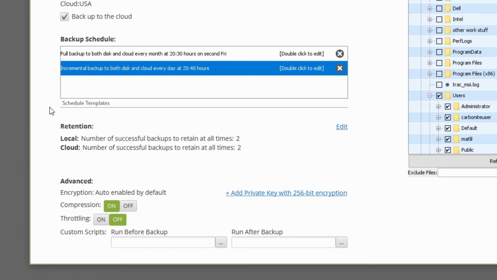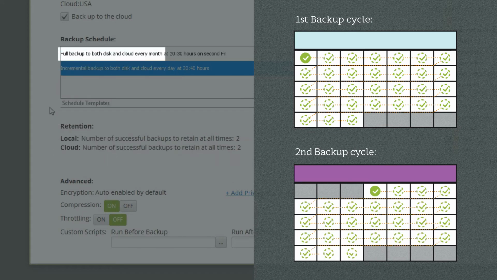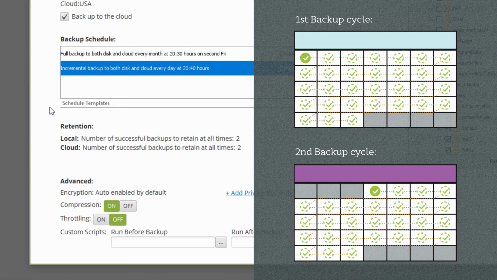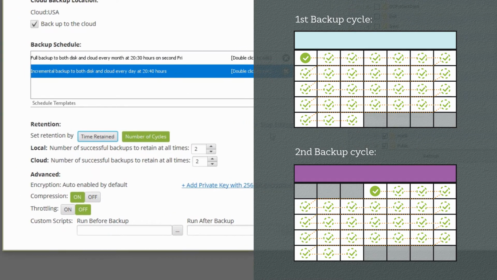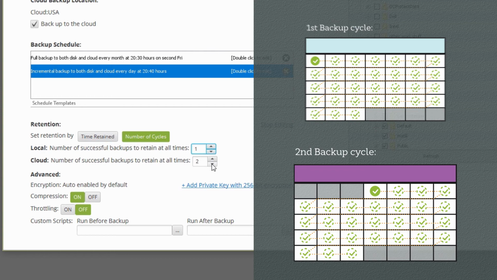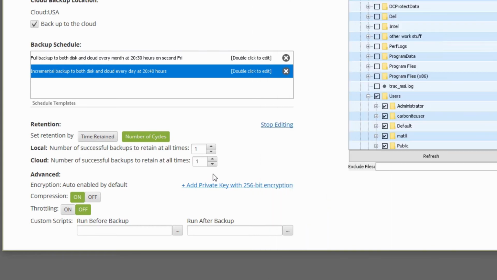In this example, 2 backup cycles are kept available at all times. Each backup cycle is a month long, and each contains daily restore points. These settings effectively keep about 60 days of recoverable daily restore points available at any given time, which is considered best practice. Reducing this schedule's retention to 1 cycle would reduce the number of available restore points to about 30, which doesn't effectively protect you from more advanced threats.